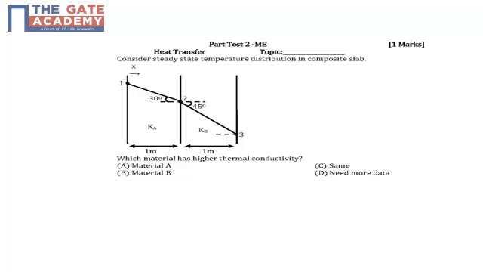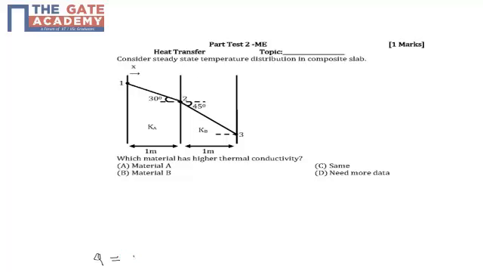Let's discuss this question on heat transfer. We are asked to find out basically the steady state temperature profile is given in the composite slab, and we are asked to find out which material has higher thermal conductivity. So recalling the conduction Fourier law, the steady state temperature distribution in a slab is given basically by